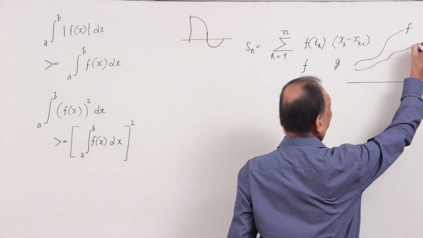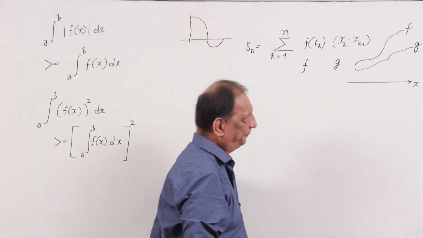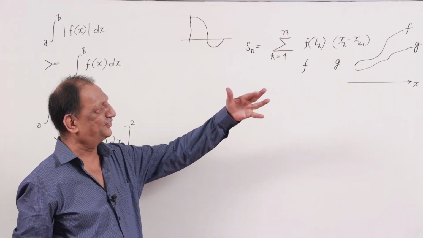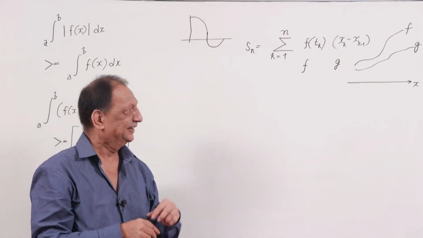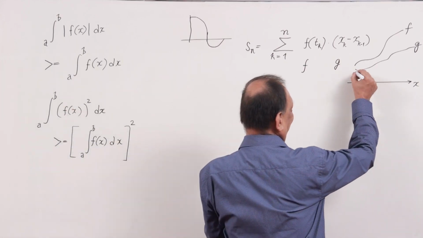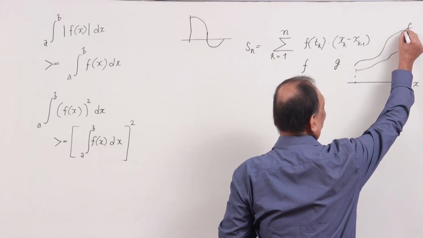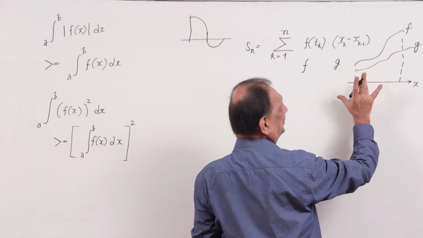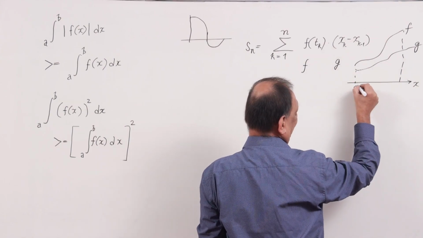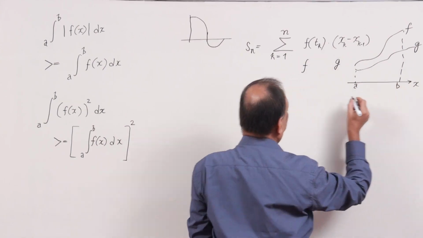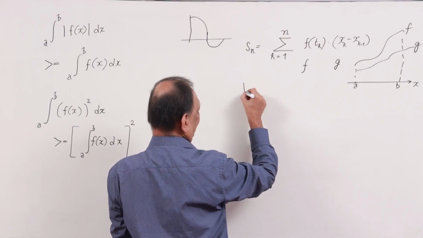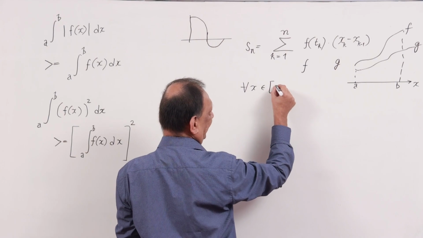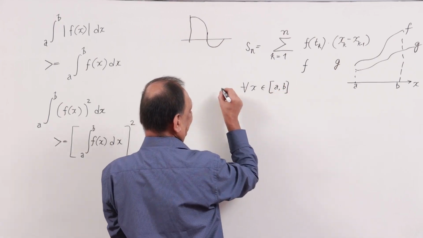I got a g, another graph, right? Now, geometrically, you can see the entire g is below f. That means, in the interval, so how do you define that? This is a common domain under which I want to integrate both. So you got the domain AB, closed interval, for any x inside that closed interval AB, I am saying if